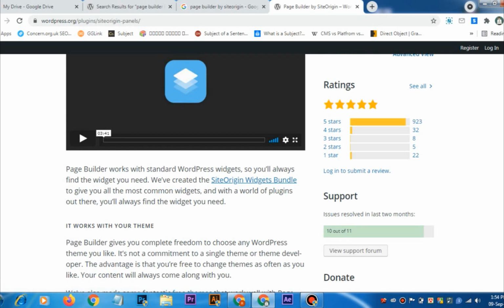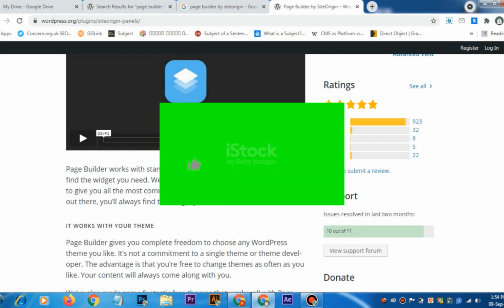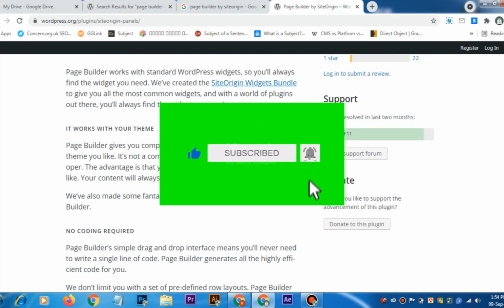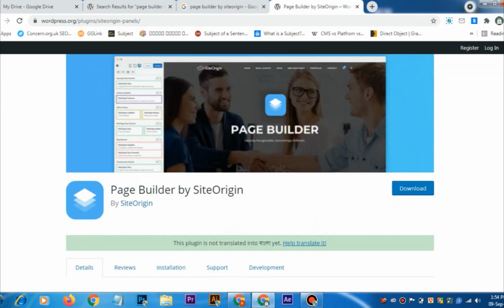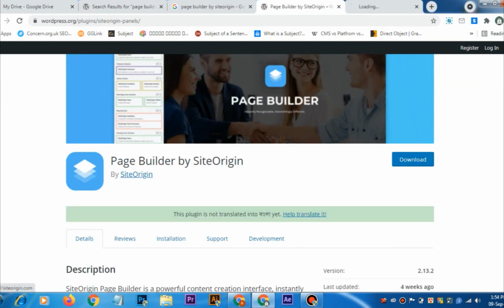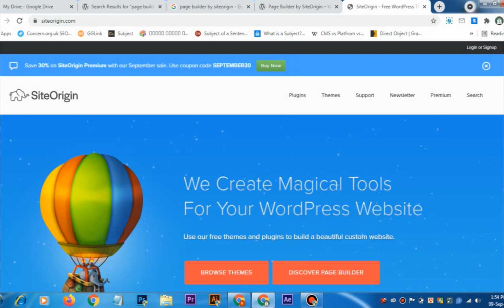They have 5 stars and their reviews are also very good. If you want help from their developer, just click on support forum, and if it is open source software, you can also donate to this software.